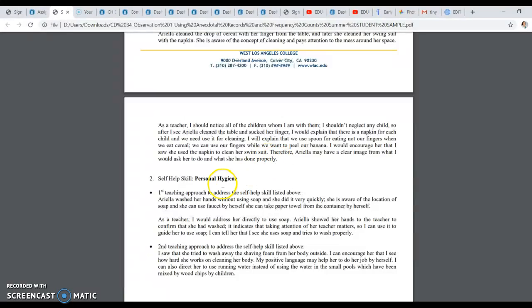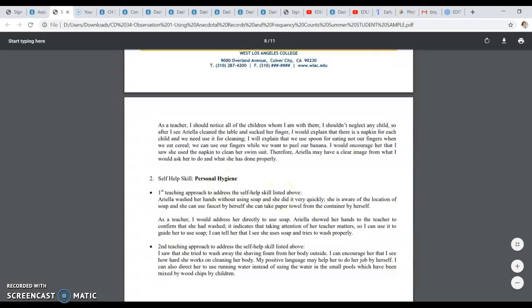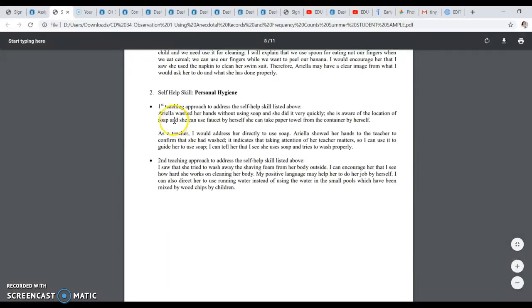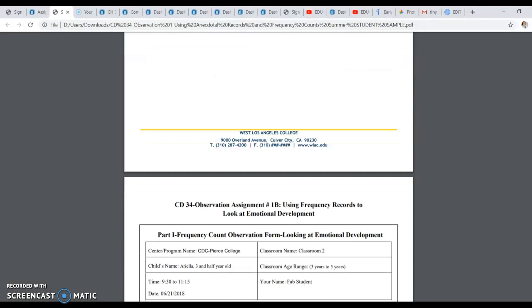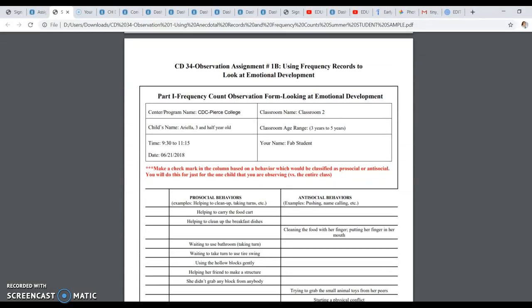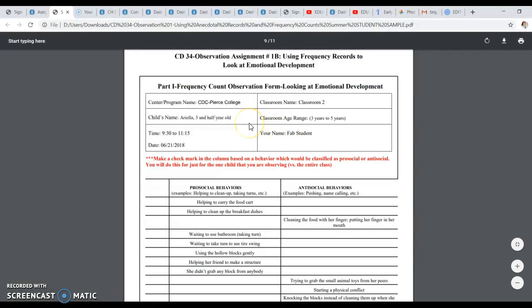And then we do the same thing with the second self-help skill. The student chose personal hygiene. So they have 2 paragraphs for the first teaching approach, and then they have 2 paragraphs for their second teaching approach. All right, so now I'm going to move on to talk about the second part of your observation, using